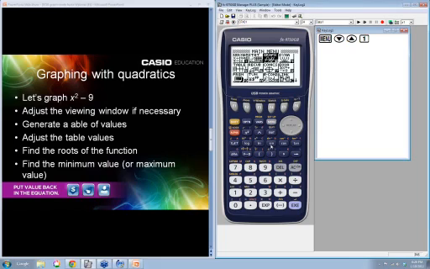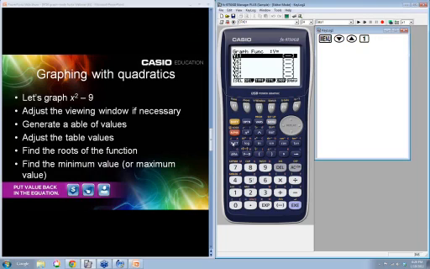We're going to graph x squared minus 9. And since we're going to graph, I can stay right here on the graphing screen. That's not exactly what I wanted, so let's get back out of there. Again, exit takes you back one window. I'm done with that function. I don't want that function anymore. I'm going to delete it, F1. And I'm going to put in my new function.